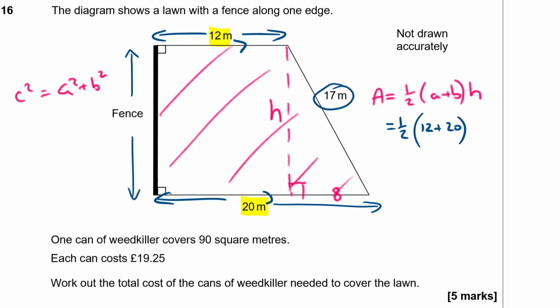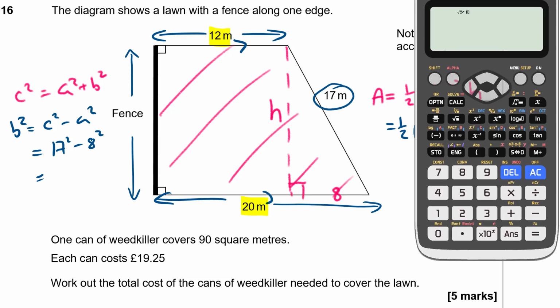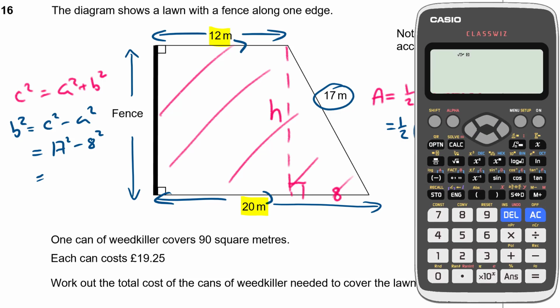But this time we're finding the shorter side, so it needs to be rearranged. b squared equals c squared minus a squared, which is our longer side, 17 squared minus 8 squared. 17 squared is 289 minus 8 squared, which is 64. So 289 subtract 64 is 225, and the square root of that